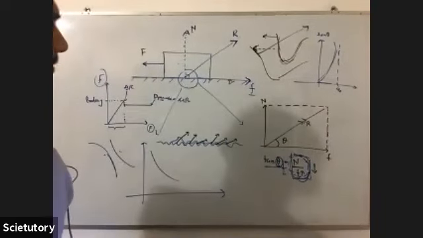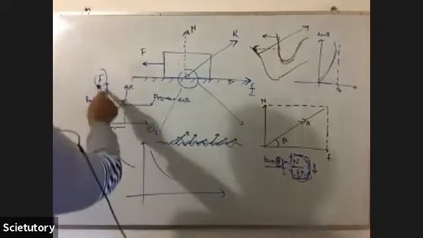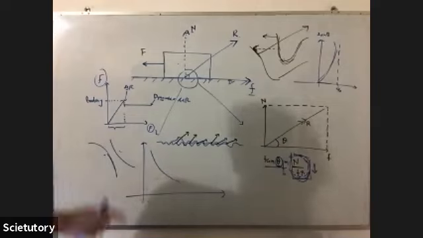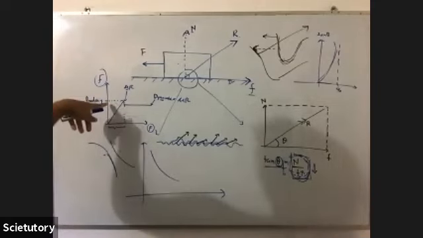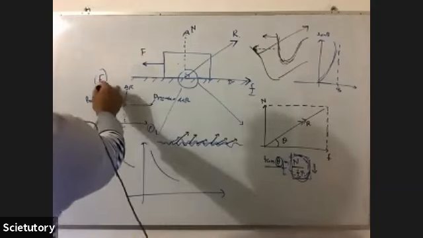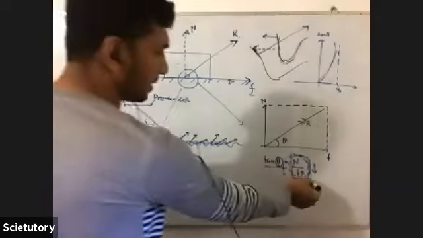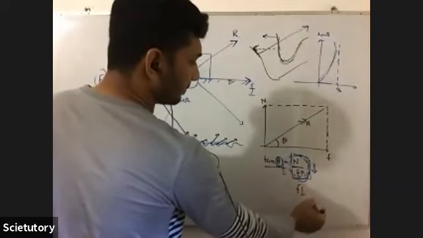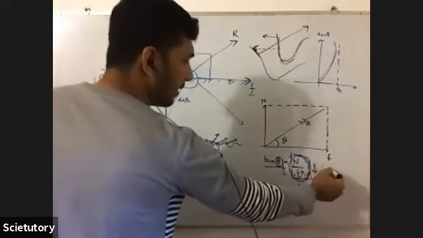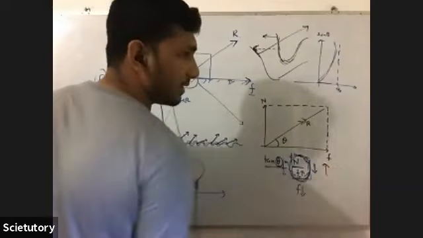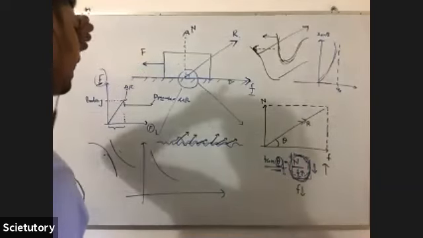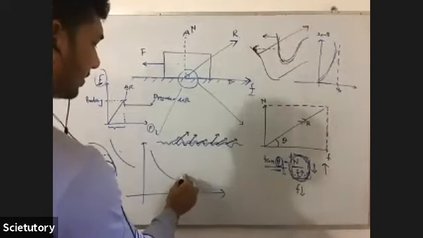Okay, so now there should be a point where this F falls. What's that point? Immediately after the limiting friction, the shift from static to dynamic. So at that point the F falls, no? So what will happen to this equation? Suddenly there is a fall in F. Suddenly at that point the ratio will show a rise. Yeah, it increases. So what will happen to tan theta and theta? There will be an increase.